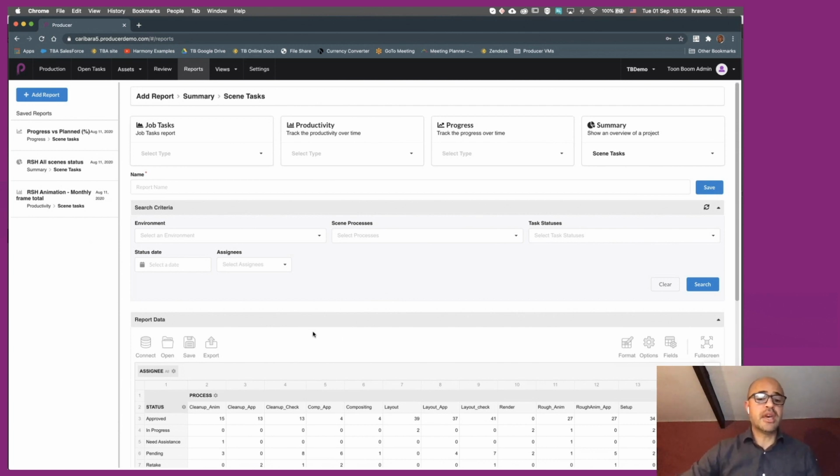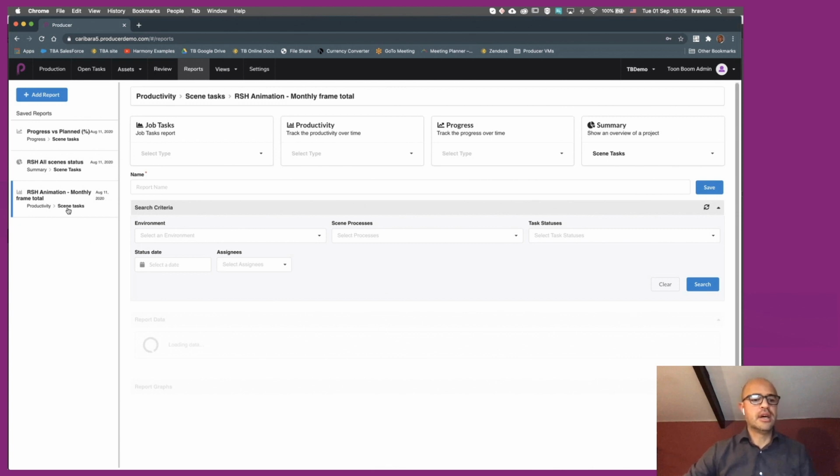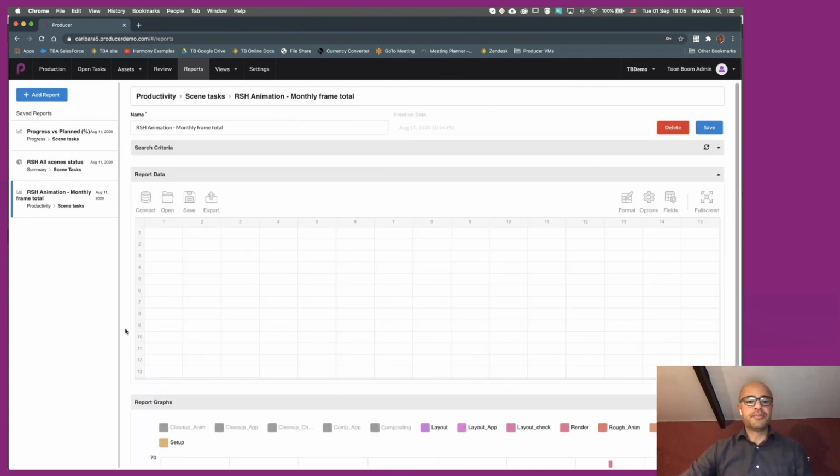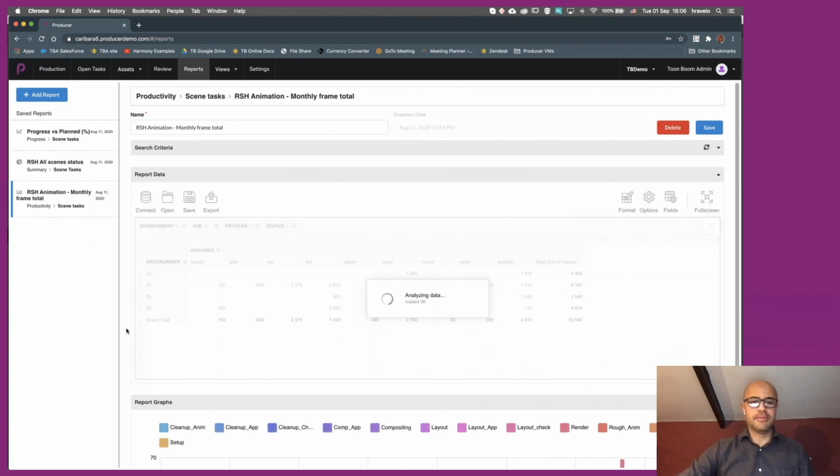For instance, you can save the reports to give access to other types of users, such as your client, for example, or your executives, or your producer who wants to see how things are going, or different types of reports, without needing to do the search themselves. For instance, here, we can have a look at how each one of our team members are doing.